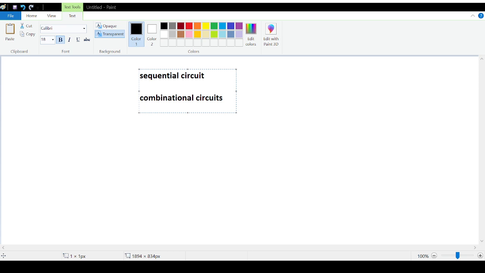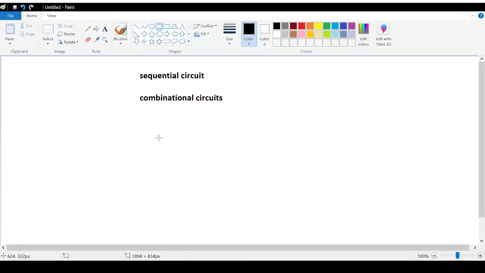So combinational circuits were the circuits where the output only depended on the current input. For example, an AND gate is also a combinational circuit. If my input is 1, 0, the output depends on my current input, and my output will be 0 for an AND gate. So this is an example of a combinational circuit where the output only depends on the current input, as opposed